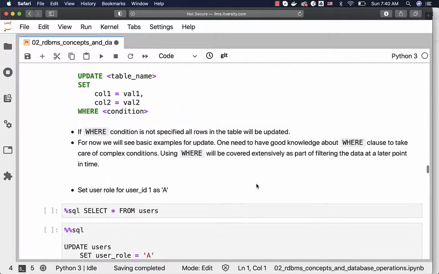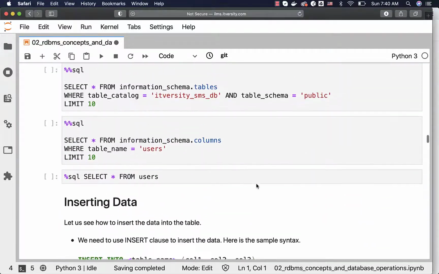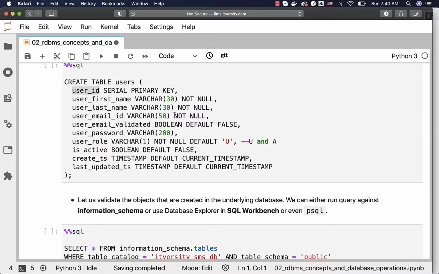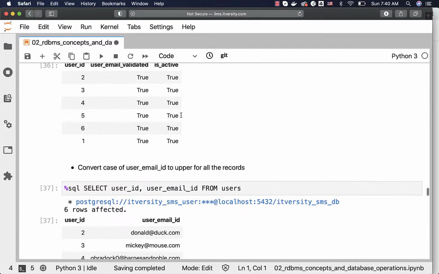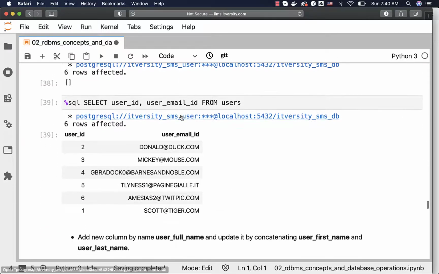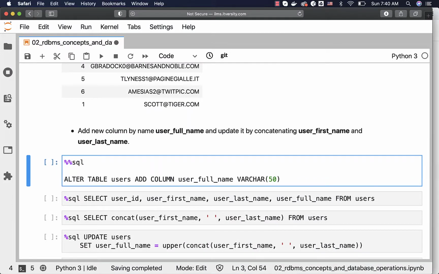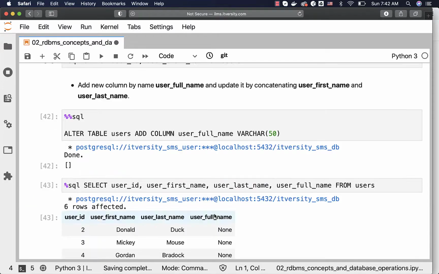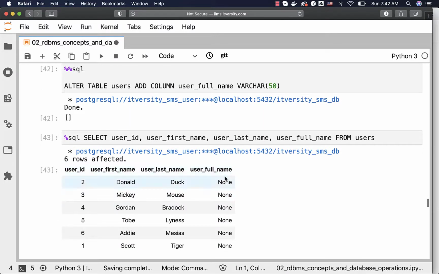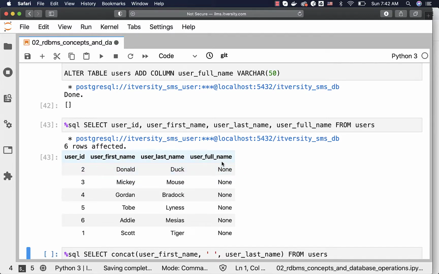Let us go back here and check the length of the first name and last name. First name is 30, last name is 30, and hence we can say 50 or 60 with respect to full name. So let us change this. Instead of saying 90, I'll be using 50. So let me alter the table with user full name of type varchar of length 50. Now the table is altered and you can see the results because the user full name is added without any defaults. You will be seeing null values with respect to user full name. You are seeing None here because I am using a JupyterHub based environment which is Python based, and hence it is showing None, but actual values inside the database are nulls.